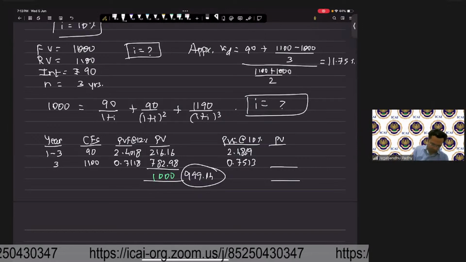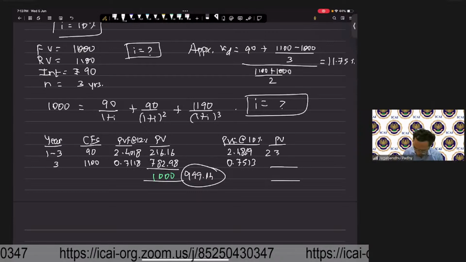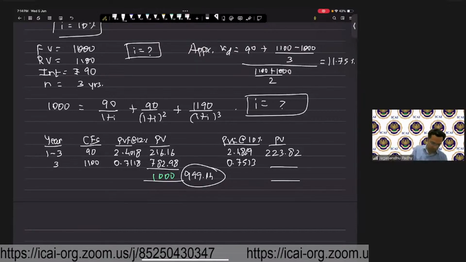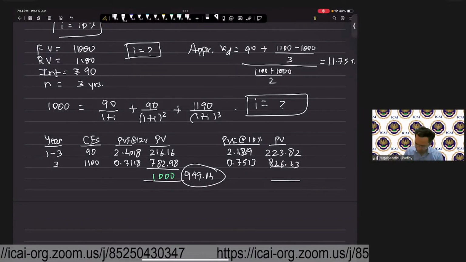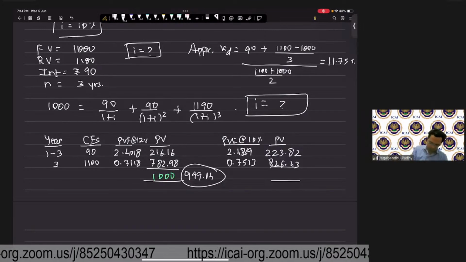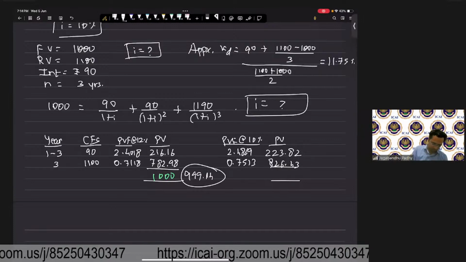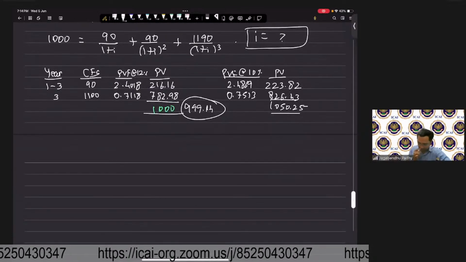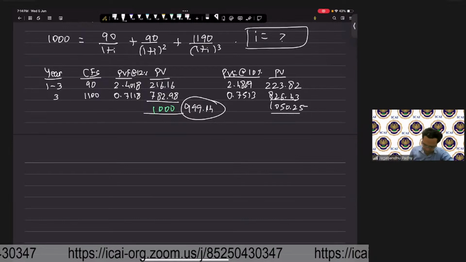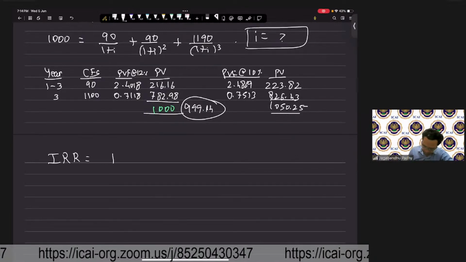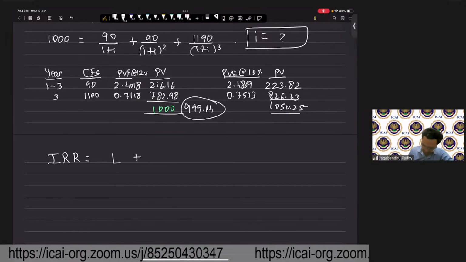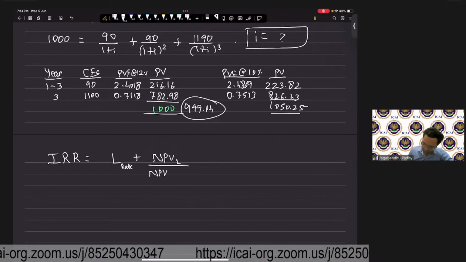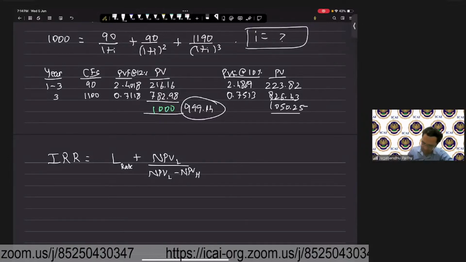Now, if we calculate the PV, that's going to be 90 multiplied by 2.489, which is 223.82, and then 1100 into 0.7513, that's 826.43. We add them all, 223.82 plus 826.4. This works out to be 1050. What we want now is the IRR. To calculate IRR, we have this formula: lower rate plus NPV at lower rate upon NPV at lower rate minus NPV at higher rate, right? Multiplied by,